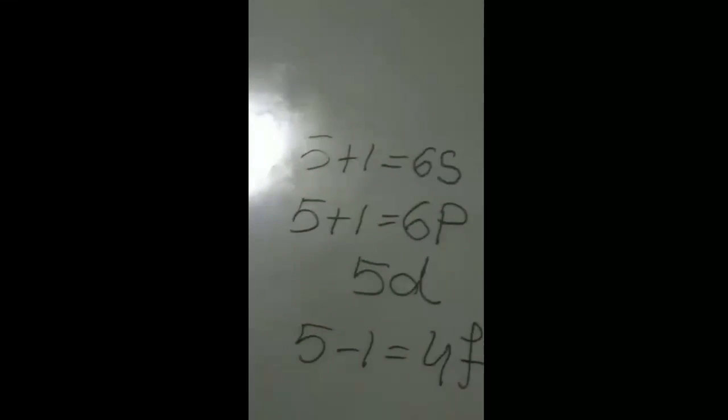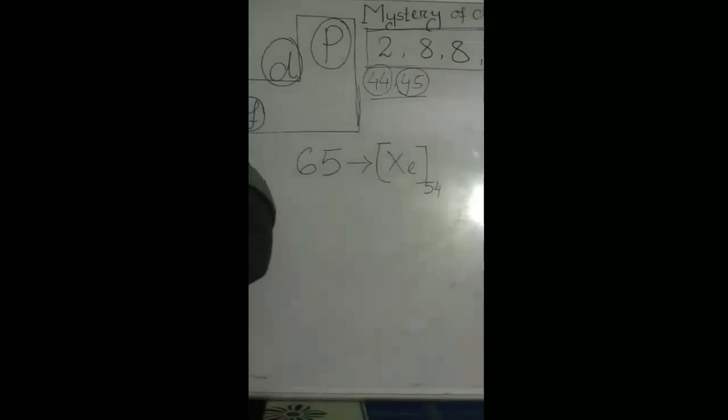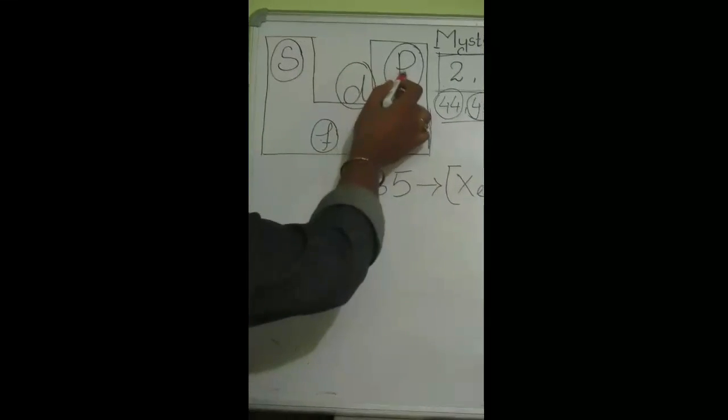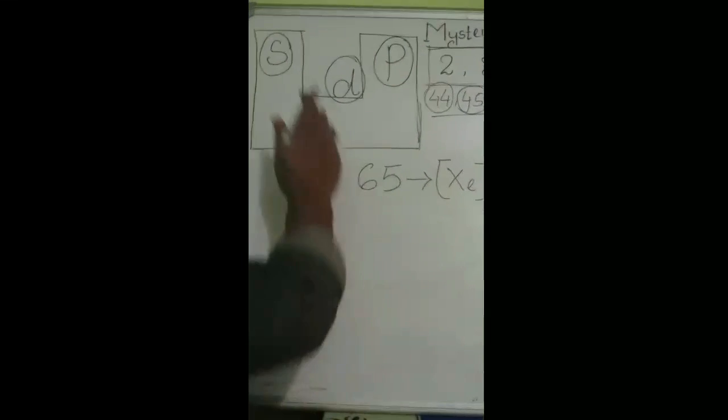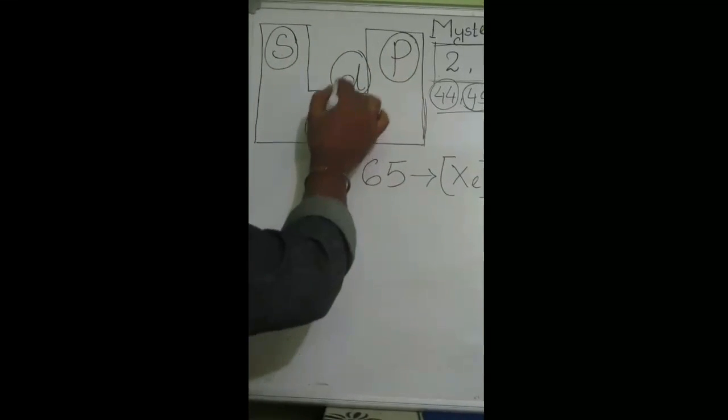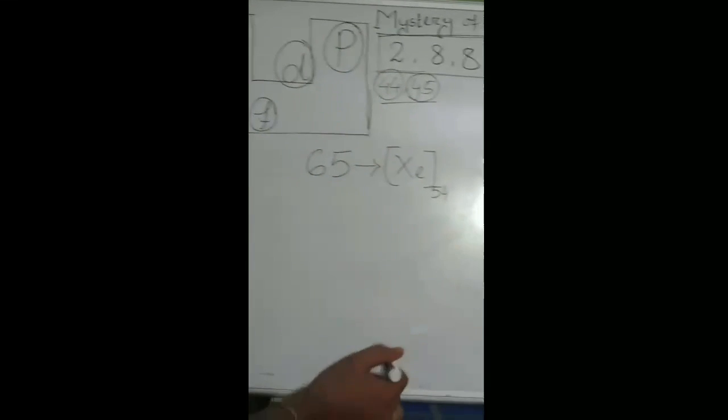So the next point is that we will go to the periodic table. In this case, we have to see first s, then f, then d, then p. So we have to fill up the electrons according to this order, meaning first s, then f, then d, then p. So now come to this point.